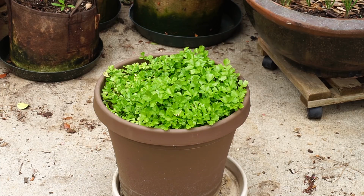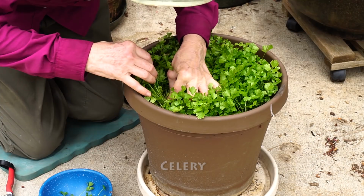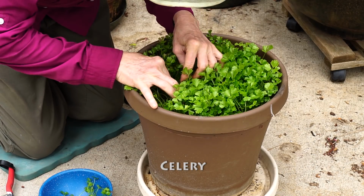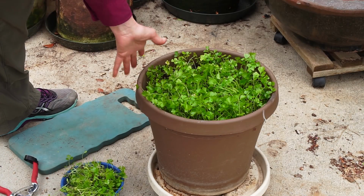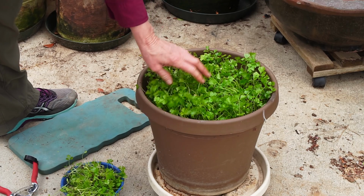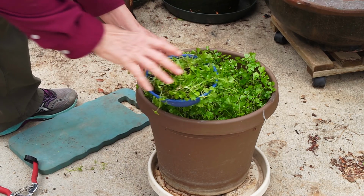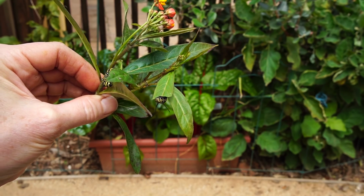Next project, I'm going to thin out the celery. All right, that's all I'm going to do today. Obviously, I need about 1 or 2 plants total in this whole pot, but this just looks like a great addition to salad. So I was cutting back the milkweed because it's covered in aphids,